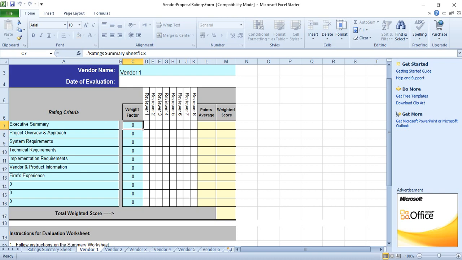System requirements will get 3. Technical requirements will get 2. And so on, up to completing a total of 10, and it depends on the number of rating criteria which the team will agree about. Implementation requirements, vendor and product information, firm experience, for example operation and maintenance,